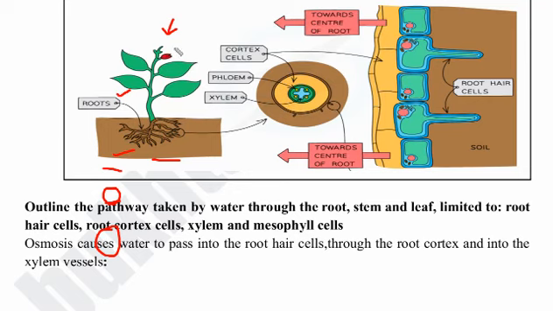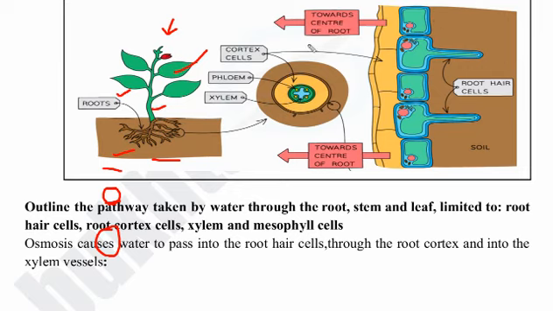Let's suppose this is a plant. These are the leaves, this is the stem, and this is the root. If more water evaporates from the plant or from the leaves, then wilting occurs. For example, the soil contains water. This water will be absorbed by the roots, and the xylem will transport that water to other parts of the plant by osmosis, from higher concentration to low concentration through a selectively permeable membrane. But what's going to happen if excessive water evaporates from the leaf through the stomata? Then wilting occurs, and eventually or gradually the plant will die.